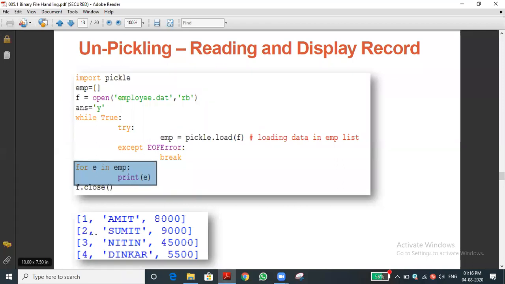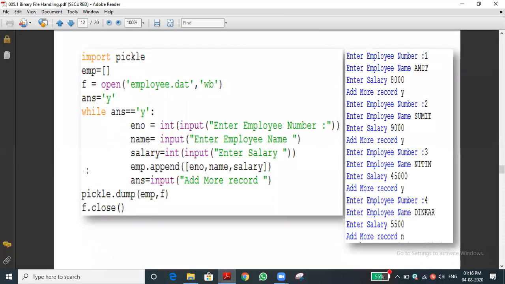The second time the second element will be printed, likewise the third. First element means first line, because in the previous program I said we clubbed together 3 data and stored them as a single element in the list. I will show the previous again. You can see ENO, that is employee number, comma name, comma salary. All those things we clubbed into a single element and appended to the list. So the entire 3 details are considered as one element. Have you understood? Yes, sir.